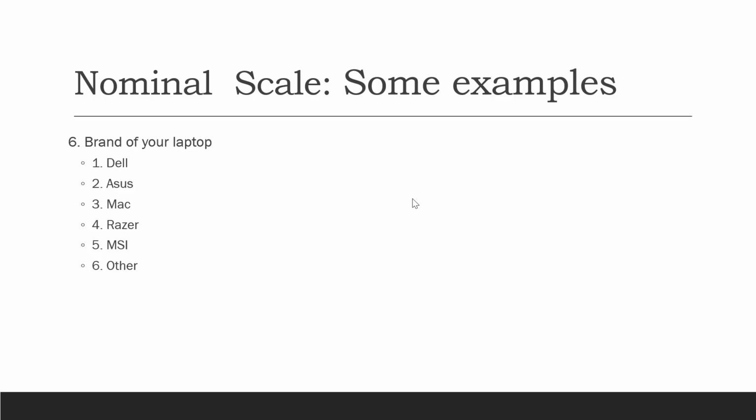Example number 6, the brand of your laptop. You survey respondents on a type or brand of laptop that they are using, and you provide 6 options: Dell, Asus, Mac, Razer, MSI, and other. You are going to code 1 for Dell, 2 for Asus, 3 for Mac, 4 for Razer, 5 for MSI, and 6 for other. Once again,